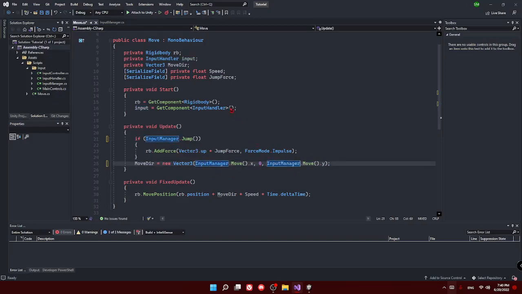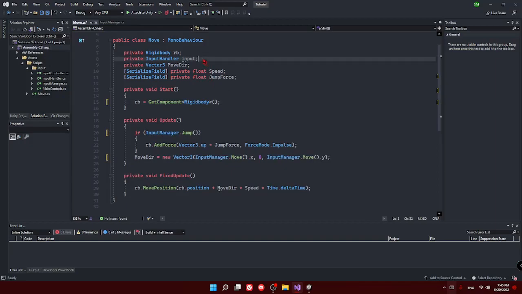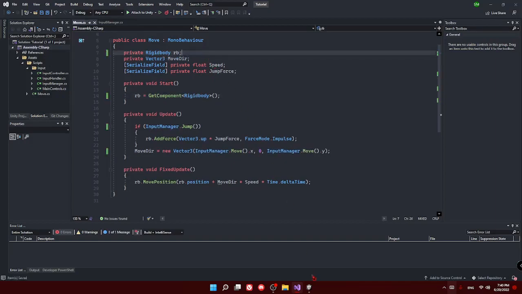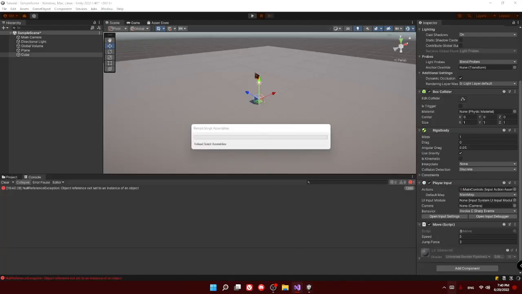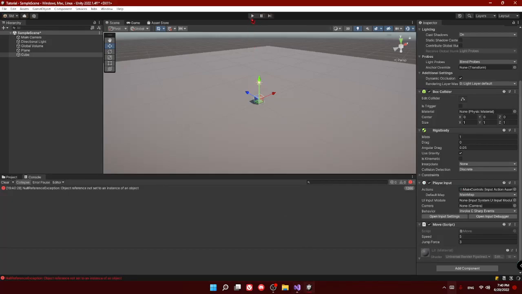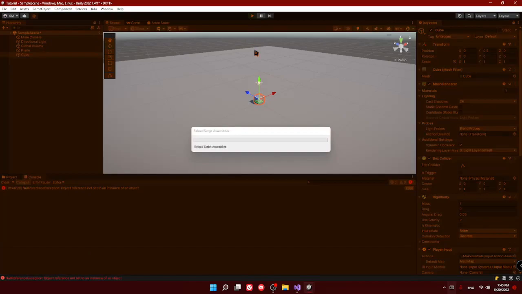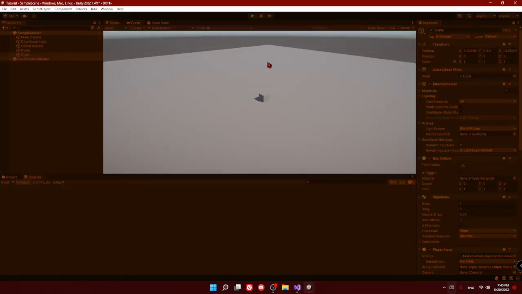Input manager, then we don't even need this anymore. Neither this. And now it should actually work. So now we can move around, jump, and other stuff.